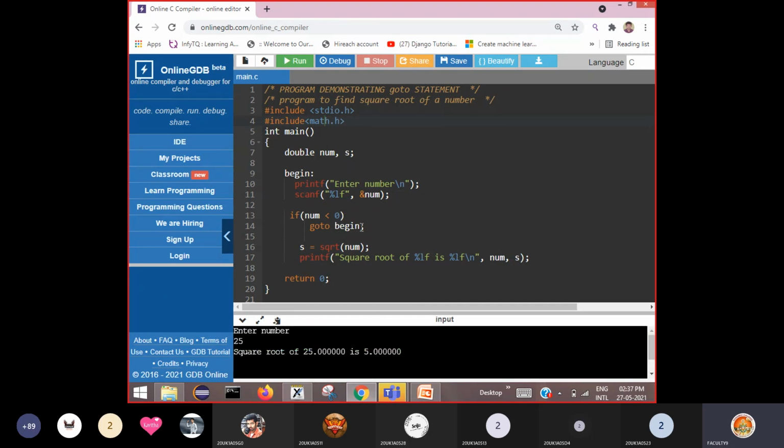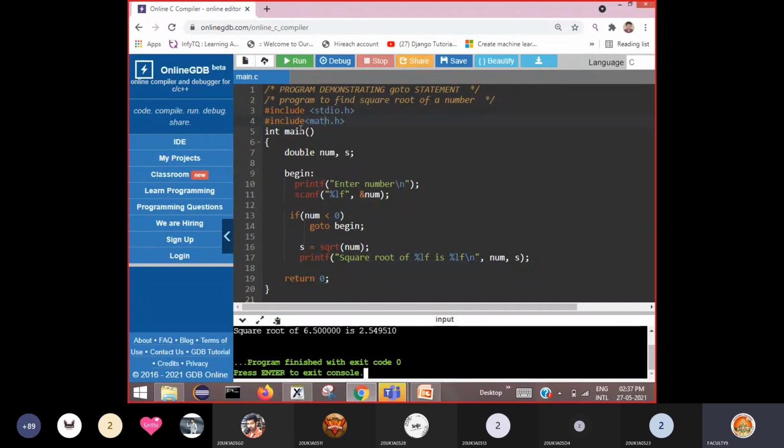Even for real numbers, it also calculates the square root value. So you can enter any real number, floating point number. For example, 6.5 you enter. Then for that the square root value is 2.549510. Like this it calculates.